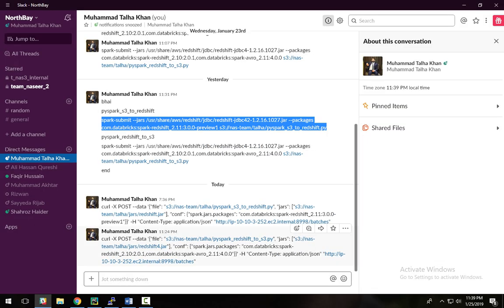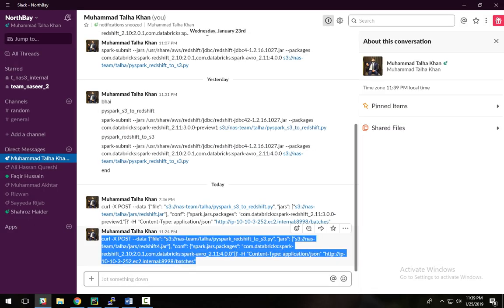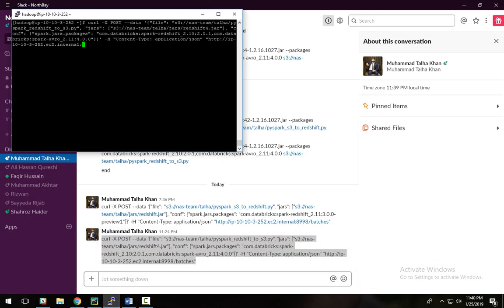Okay, we'll be using the curl command. Once again, this is the curl command. This is my data, and header type, and the host at the end. Once this command is successful, the data from the Redshift table will be copied to the location that I mentioned